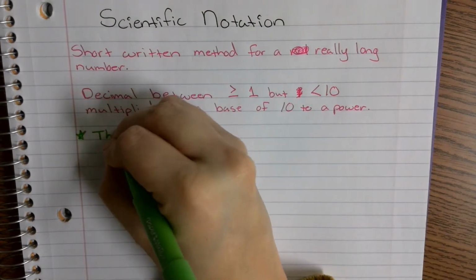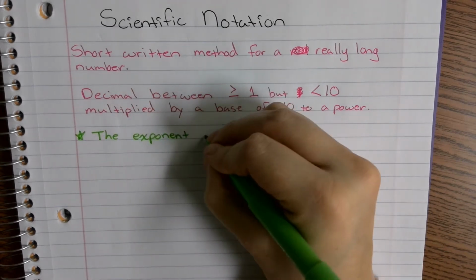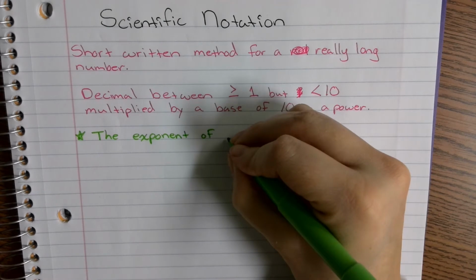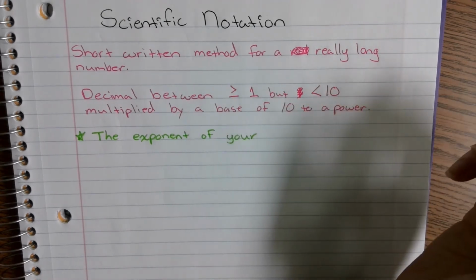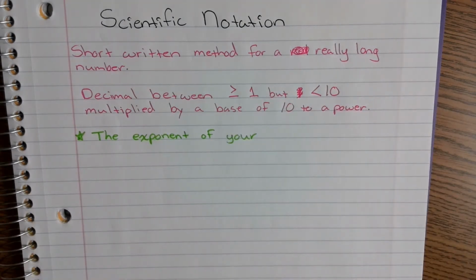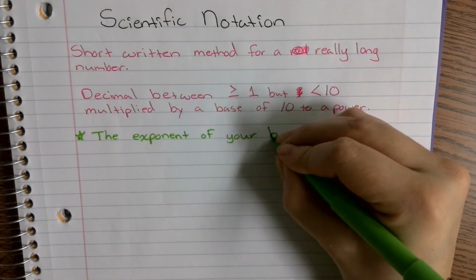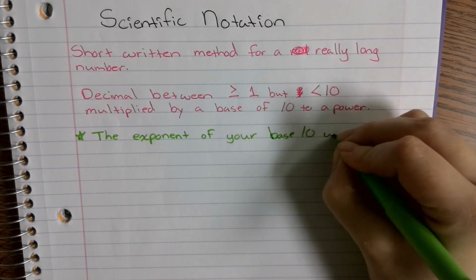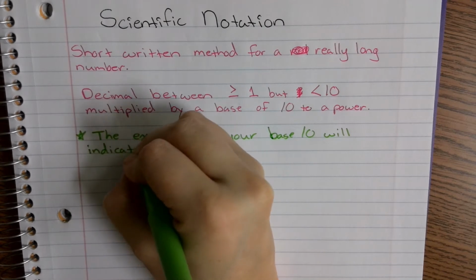Now, that power is your exponent. The exponent for your base of 10 is going to tell you what kind of number you're dealing with in its standard form. So when it's in scientific notation format, that exponent's going to let you know you're dealing with either a really, really large number or a really, really small number. So the exponent of your base 10 is going to indicate